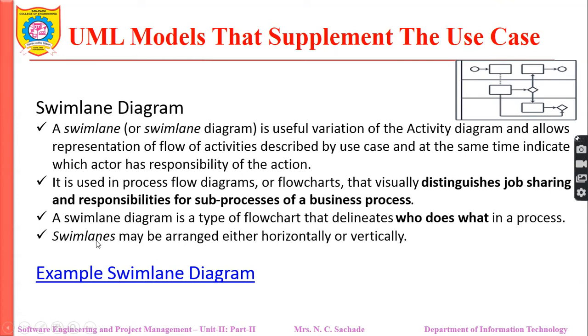So why is the name given swim lane? It is very interesting, because here we consider that we are partitioning the system into swim lanes, which are very similar to the lanes in a swimming pool. That is why the name is swim lane. And as you can see over here, it is arranged horizontally. So there is one part, another part, and a third part. It is either arranged horizontally or vertically. We are going to see an example of it now.